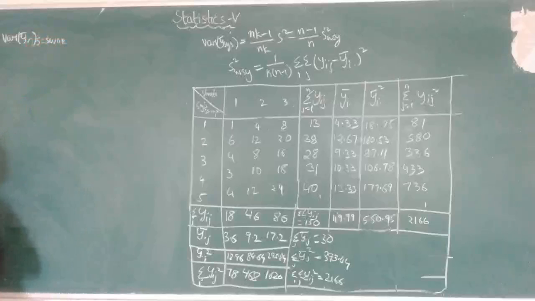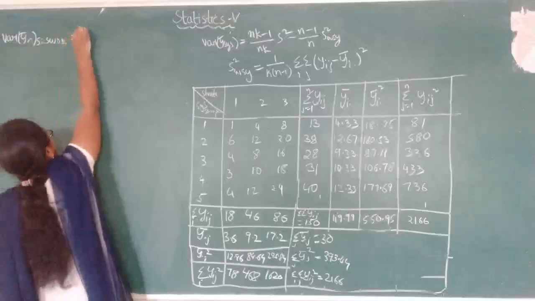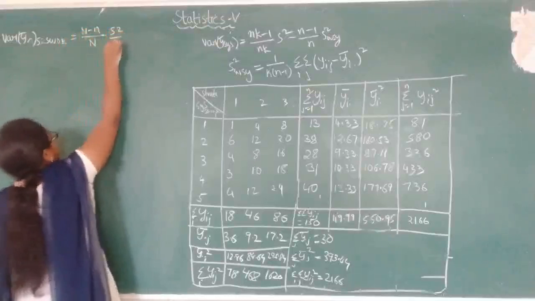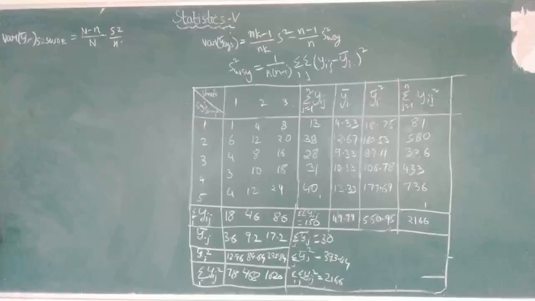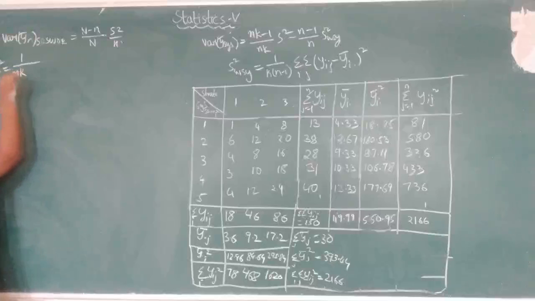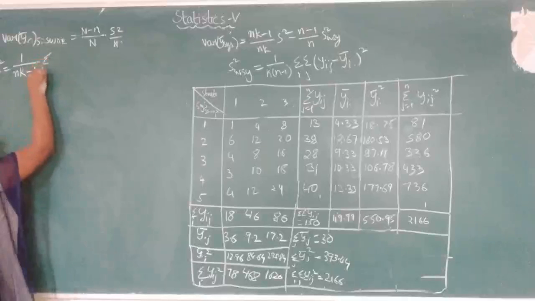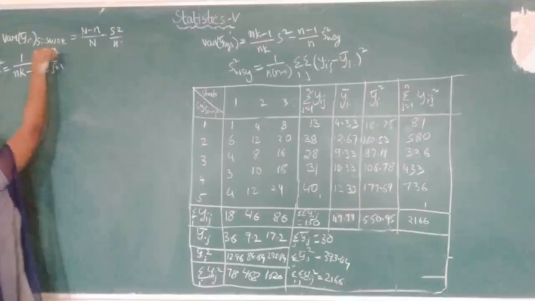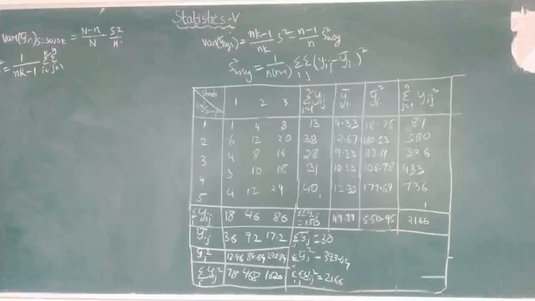So what is the formula? N minus n by capital N into s square by n. So for this, first I have to calculate the s square value. Where s square equals, we will be writing 1 by capital N minus 1, right? So here what does capital N mean? N is n into k, minus 1, double summation over I, and summation over j equals 1 to n. You will be getting Yij square minus,